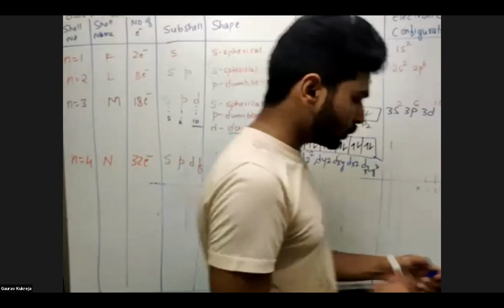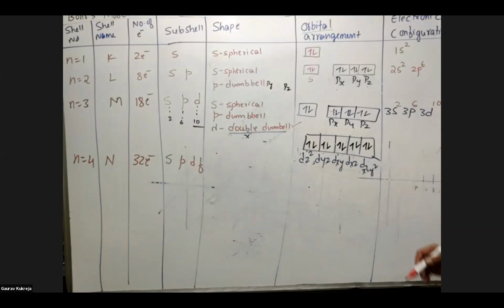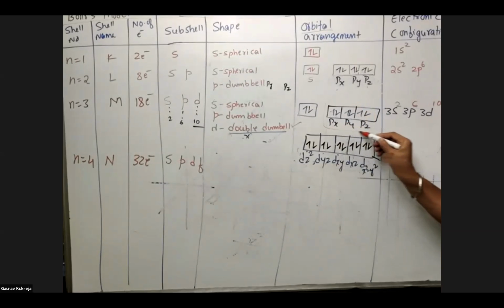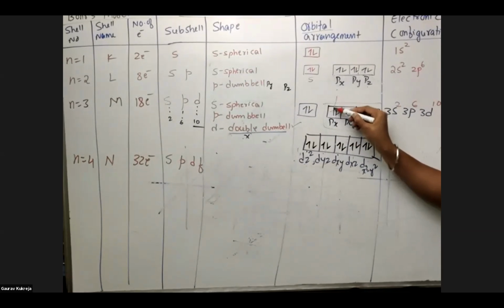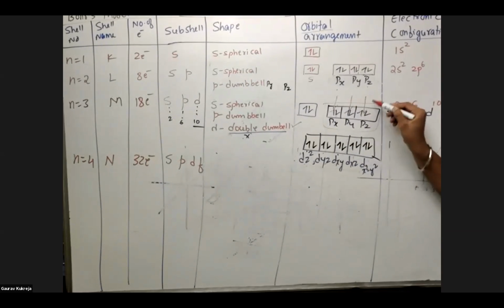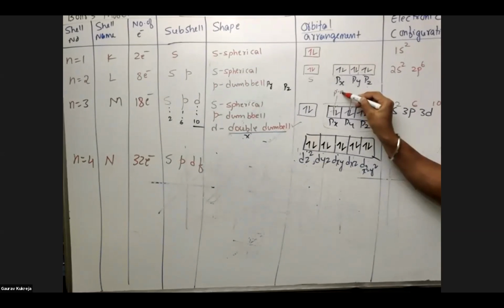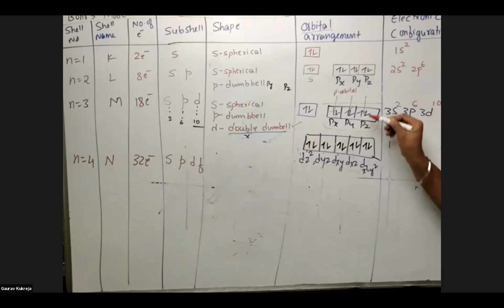Before that, I forgot to tell you one more thing here. P is collectively called P subshell, but individual, if you want to mention them, then you have to say P orbital. Collectively, PX, PY, PZ will be called P subshell. So whenever the question is how much maximum electron can be filled in P subshell, you can say 6 electrons. But how much maximum electron a P orbital can have is 2.